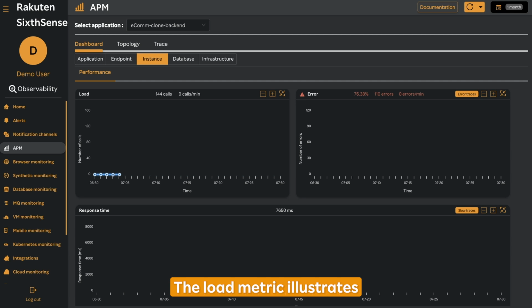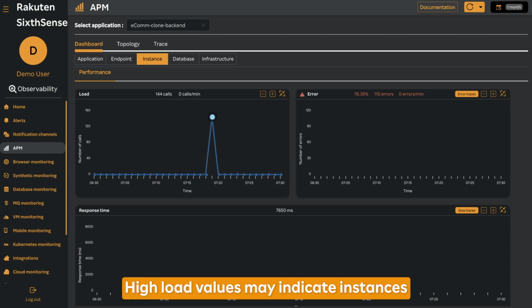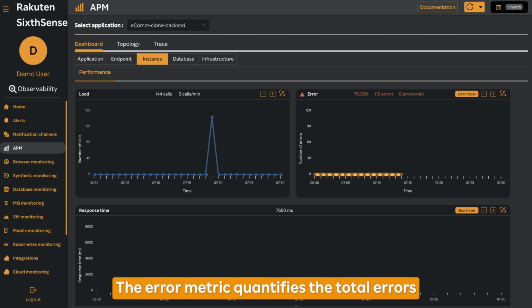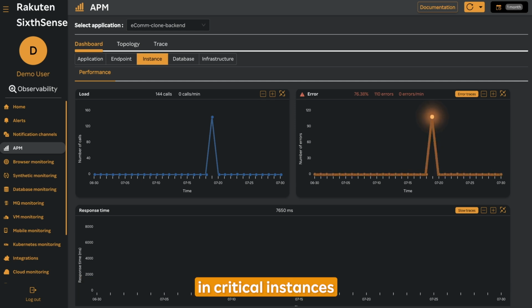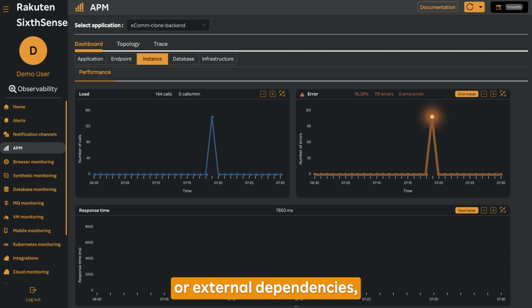The load metric illustrates the total number of transactions handled by the instance, shedding light on its operational demand and efficiency. High load values may indicate instances that are pivotal to user operations or may require scalability enhancements to uphold performance under peak traffic conditions. The error metric quantifies the total errors encountered, providing a direct measure of the instance's reliability. Persistent errors in critical instances might point to underlying issues with code, configuration, or external dependencies, necessitating targeted troubleshooting and